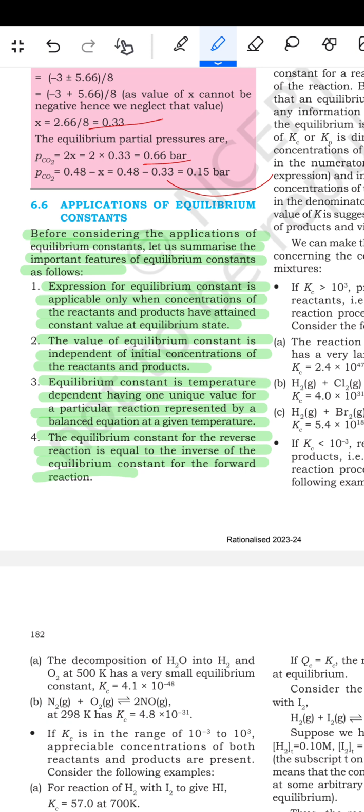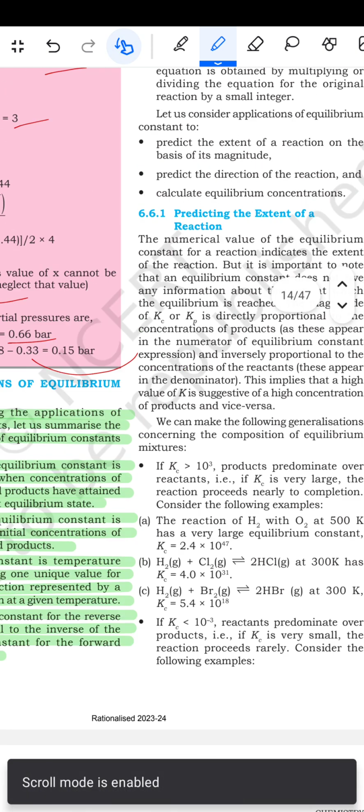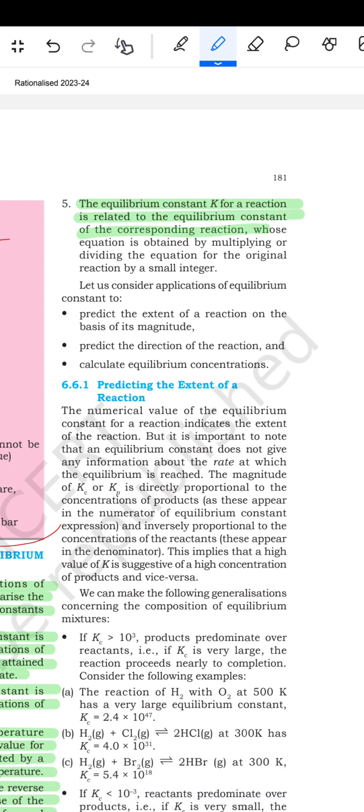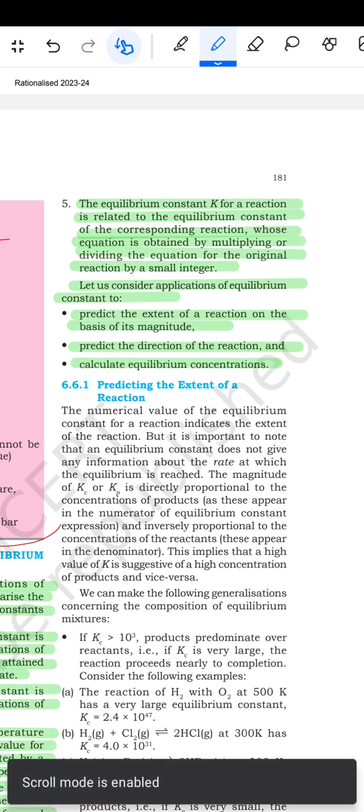ठीक है। नेक्स्ट है कि the equilibrium constant for a reaction is related to the equilibrium constant for the corresponding reaction whose equation is obtained by multiplying or dividing the equation for the original reaction by a small integer। आगे एक लेटेस्ट consider the application of the equilibrium constant to predict the extent of a reaction on the basis of the magnitude, predict the direction of the reaction and calculate the equilibrium concentration।